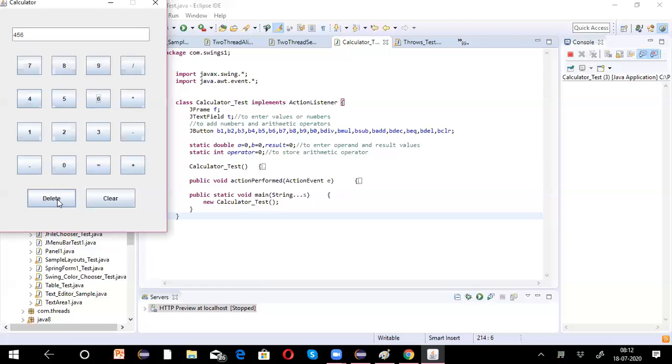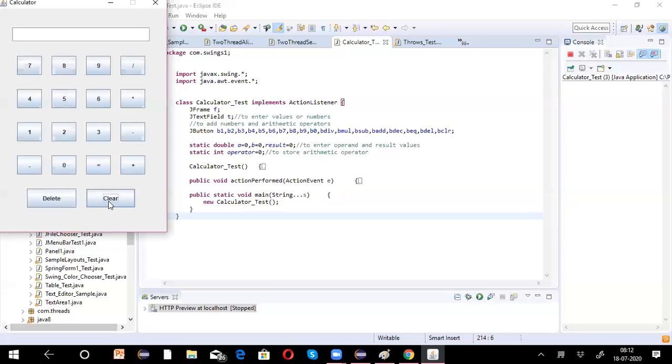So it is taking the character at the index and then it is setting the text to the previous text without one character. That is the for loop, we are taking minus minus. So it will lessen the characters in the string, and then it will display once we click on the delete button. That is the difference between clear and delete.